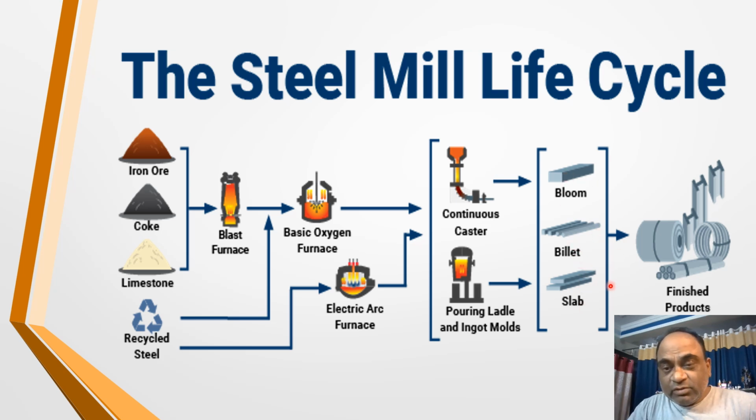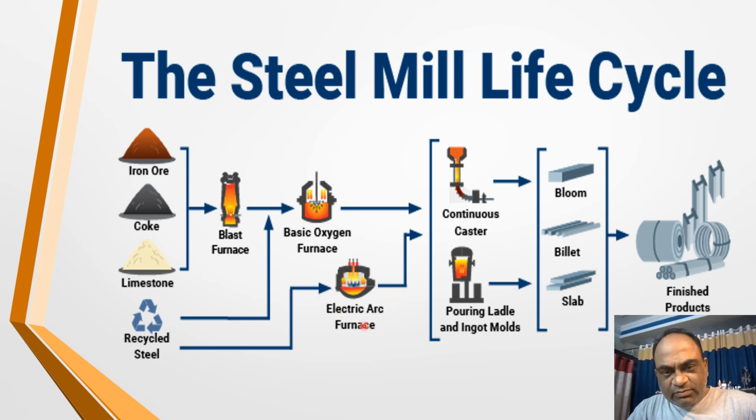They could be hot rolled or cold rolled, and thus the products could be hot rolled coil or cold rolled coil or structural or bars, anything like that. Another process of steel manufacturing is recycling of the steel. So we get scrap from the different industries, old industries where the old industry is dismantled, or steel is coming out of that. That is put into the electric arc furnace, and in the arc furnace, it is